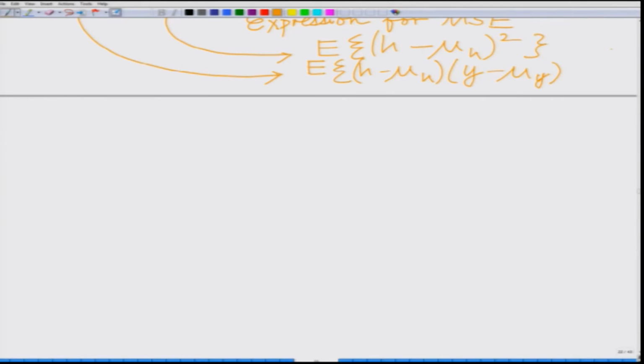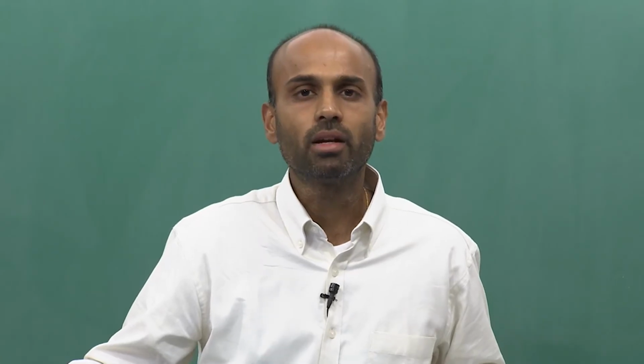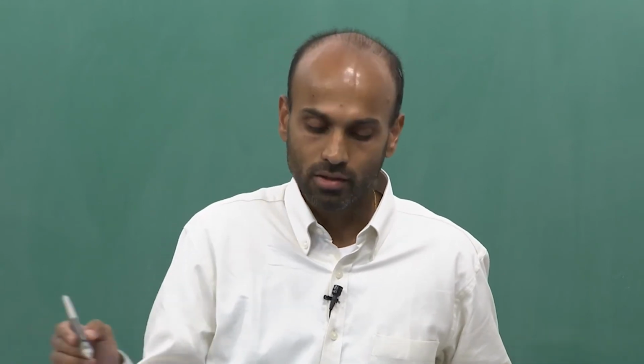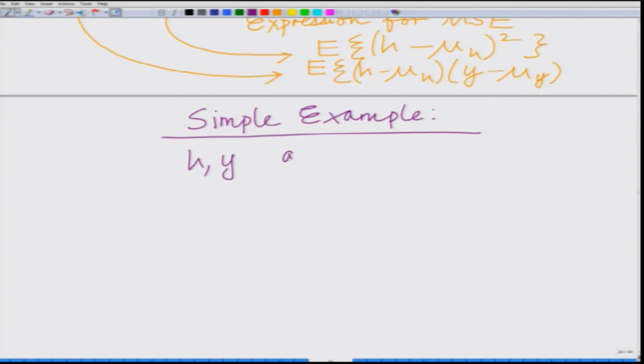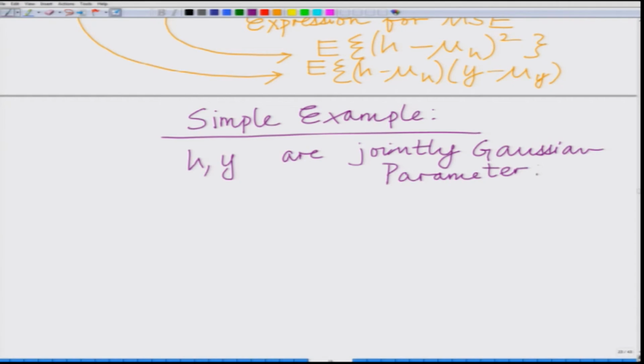Let us do a simple example to understand this MMSE estimation process better. Let us consider a simple example. We have two jointly Gaussian parameters, h comma y, these are jointly Gaussian parameters with